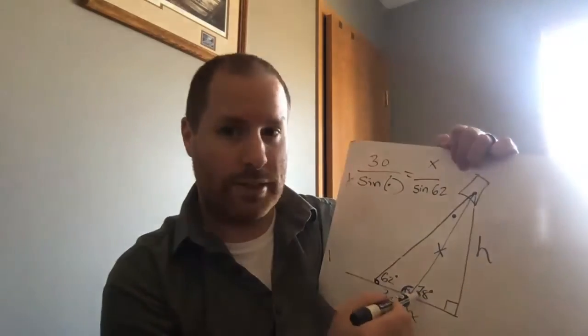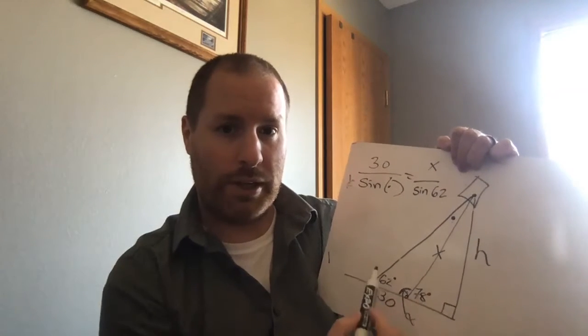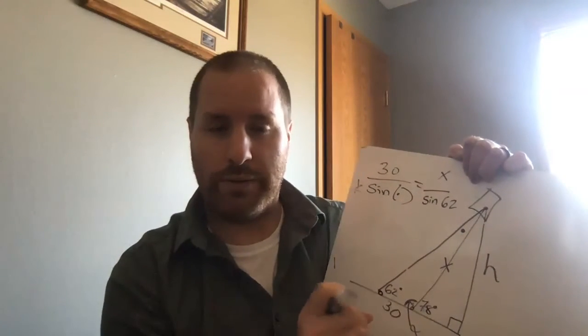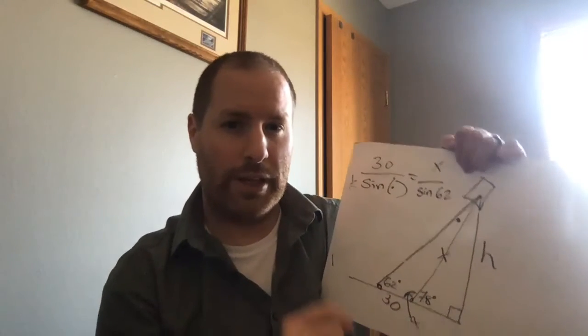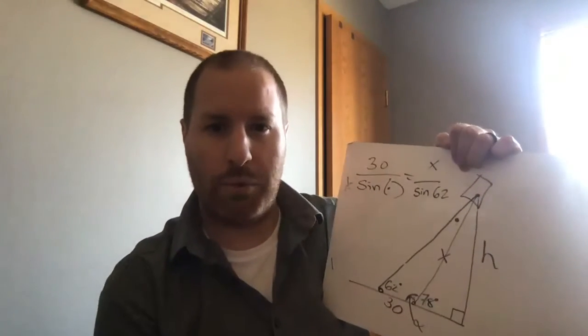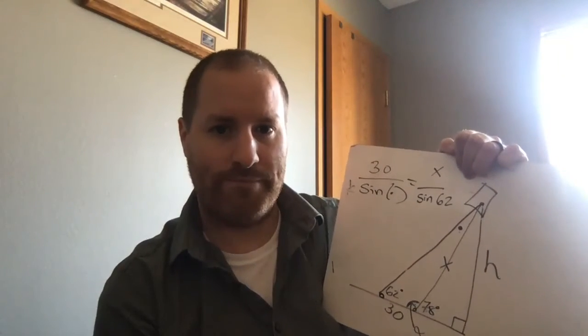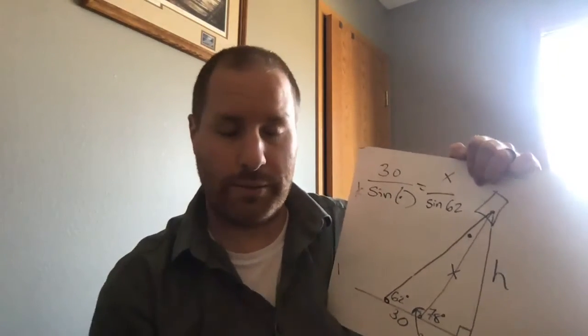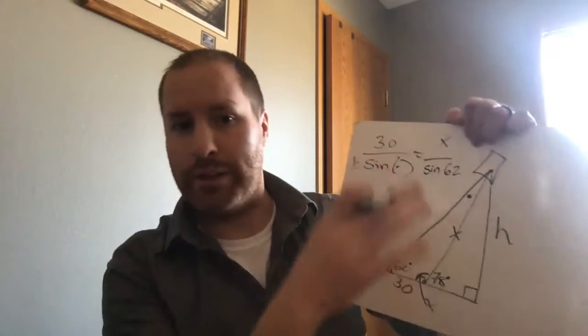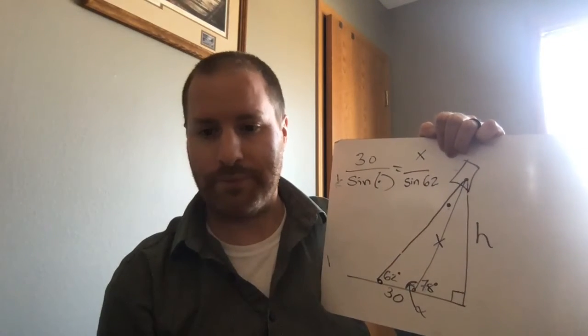We have 78, got an opposite side, we got the hypotenuse. We could set up a short little trig function there and just solve that out, and that should be able to find what the height of that kite, sorry, I'm thinking of triangles, I almost call it a triangle, but what the height of that kite is on that one. Okay. So next one there is number 38, a little more difficult because they don't give you